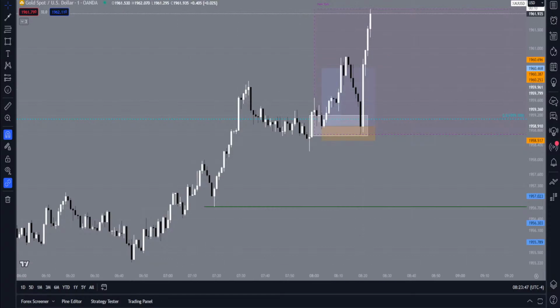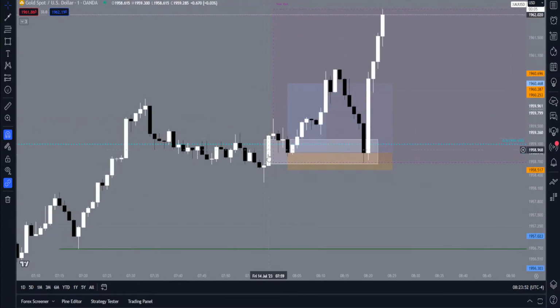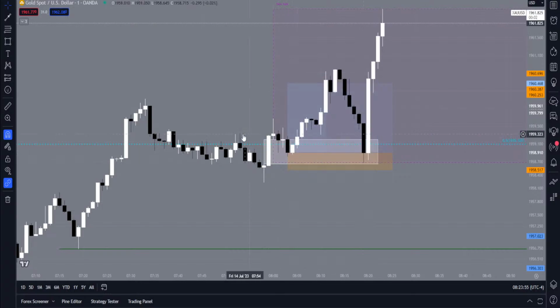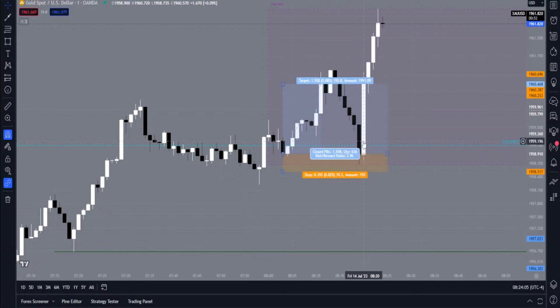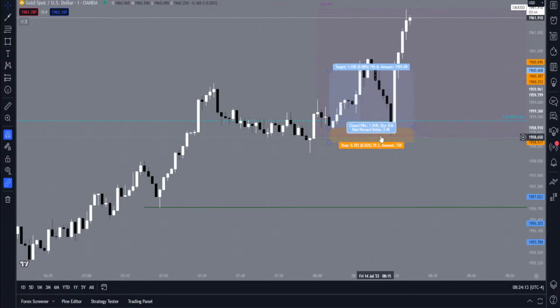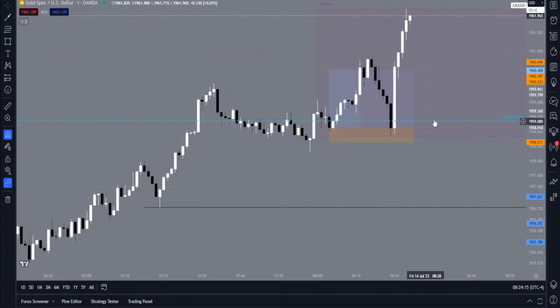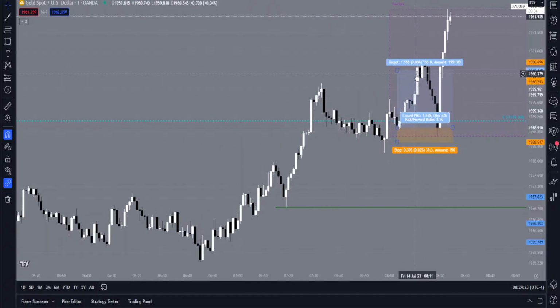But no, this is not valid. Okay. The reason why this is not valid is because look where the fair value gap started. It was the last 1 minute candle before 8 a.m. We want a fair value gap after 8 a.m. And even though the trade signal would have happened at 8:19, we're not taking this because it wasn't after 8 a.m. Furthermore, it wasn't even 8:20 when it gave the signal, right? So this is a no. But it is nice to see that it would have worked out.